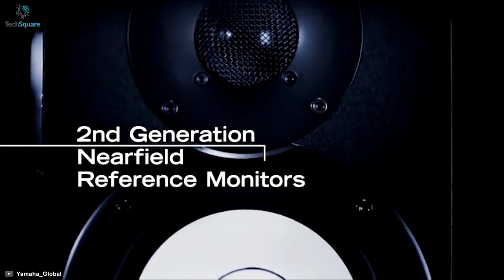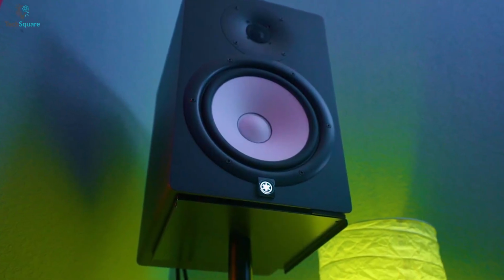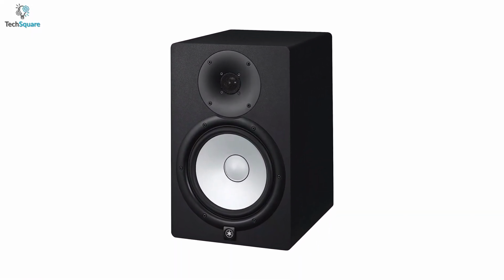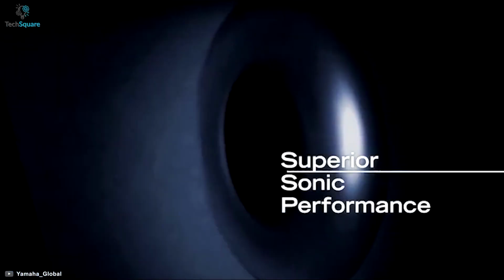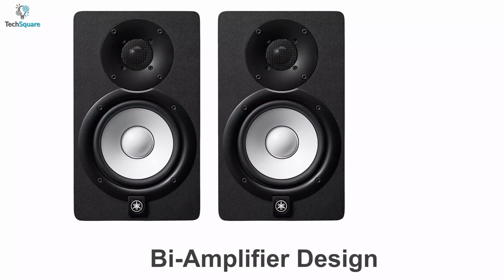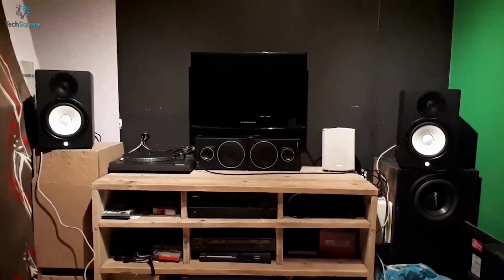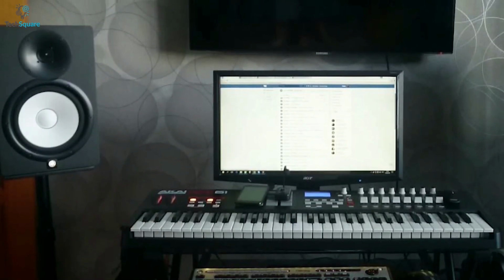Designed to give you the most honest and precise reference possible, Yamaha HS8 can provide you an ideal sonic platform throughout your audio mixing process. The HS8 speakers feature newly developed transducers that regulate the flow of magnetic response so that you can enjoy seamless, natural sonic transitions. It has a bi-amplifier design with a separate dedicated amplifier for both its 8-inch cone woofer and 1-inch dome tweeter. This ensures the speakers consistently deliver a high-resolution sound and you get an exceptional frequency response rate